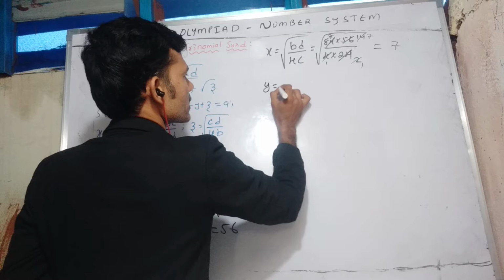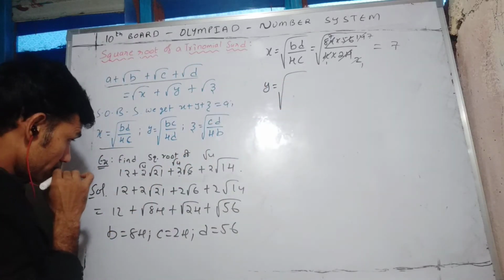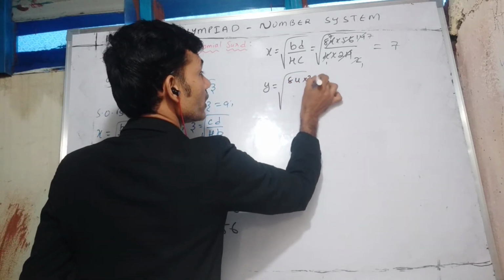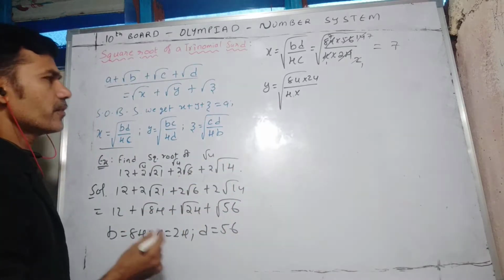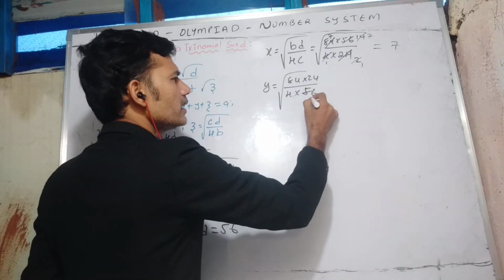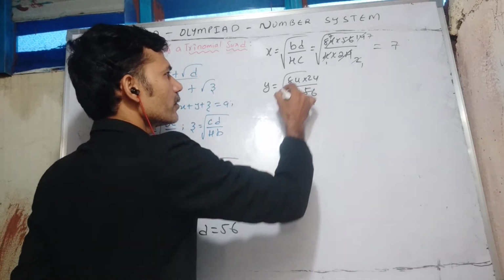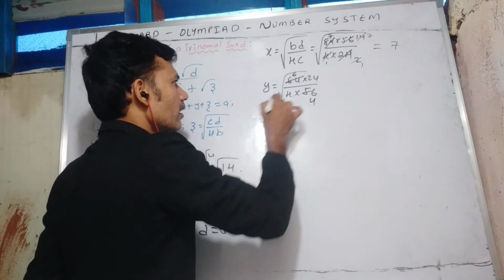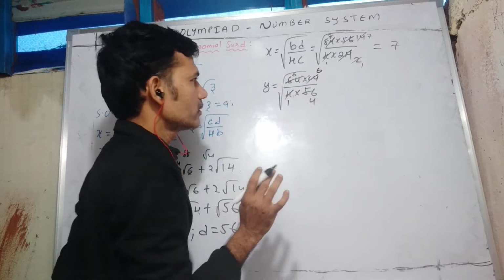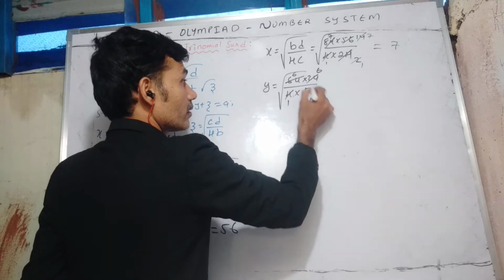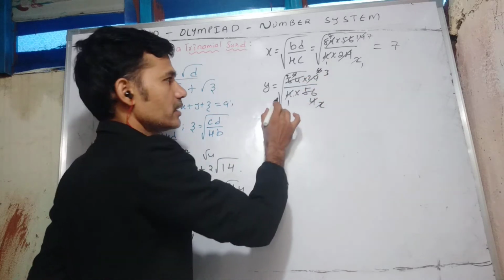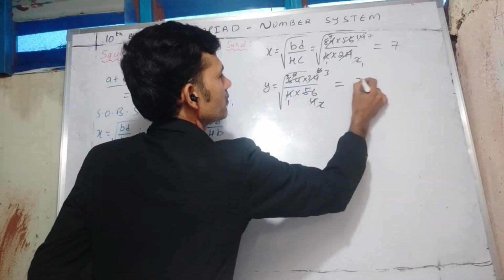And the y value is under root of, next bc you have to take. B times c, that is 84 times 24 upon 4 times 56, d. Now 14 times we'll take, that will be easy. 14 times 4 is 56. 14 times 6 is 84. Now we can cancel further. 4 times 4 1s are 4, 6s are 24. Now still we can cancel. 2 times 2 3s are 6. Here also 2 1s are 2, 3s are 6. Finally what is there? Under root of 3 times 3, that is nothing but 3.